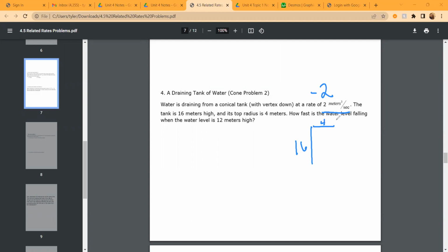We're trying to figure out how fast is the water level falling. So how fast is the water level falling? Water level means we're talking about height. So we're really trying to figure out dH/dt, and we need to know when that's 12. So if we know the volume is equal to 1/3 pi r squared times our height,